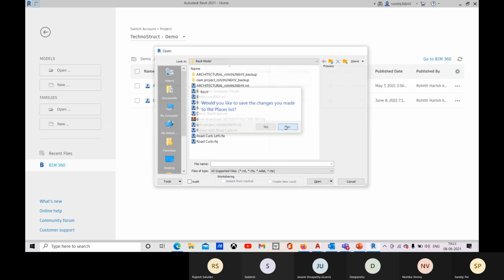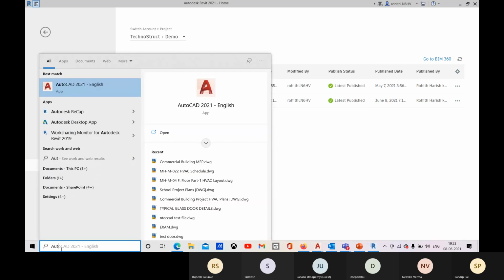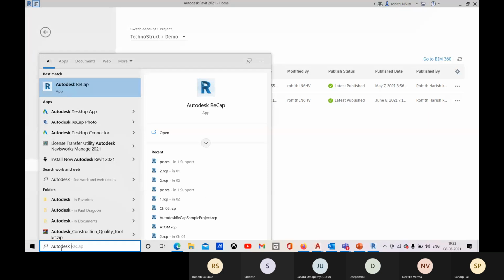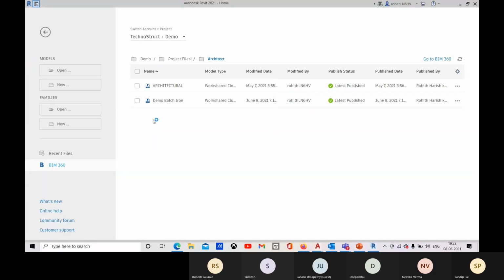Let me go to Desktop Connector. It's opening.